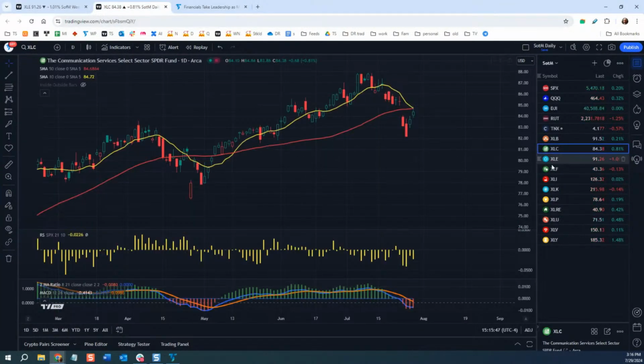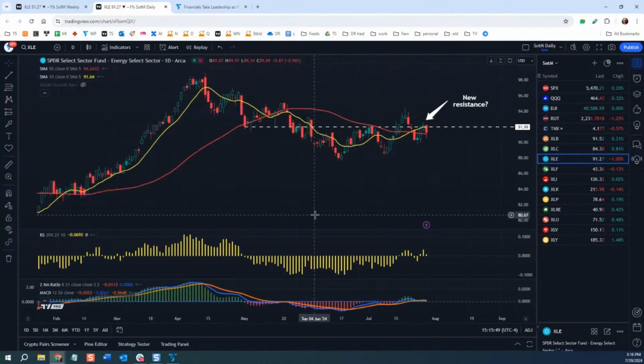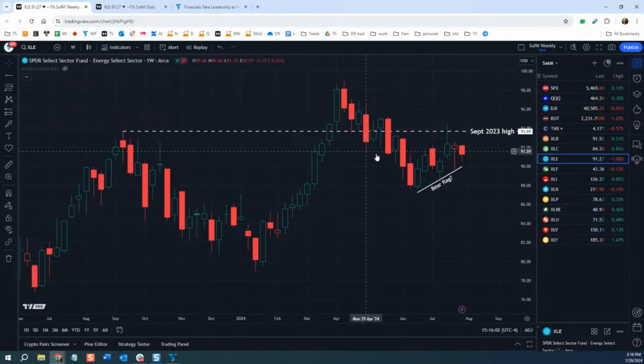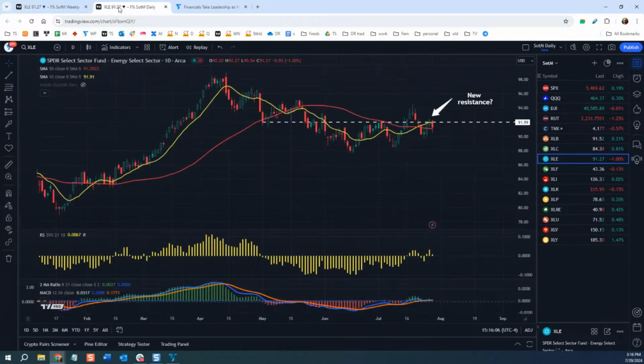If we go over to the daily chart, there are also some things here that might be tricky. If you look back at this level from May, what's interesting is early May, right around 92. Does this become resistance? Does this level, 92, become a new weekly high? That might be something to be aware of. Weekly high, lower weekly high. That would potentially be the first part of a bearish flag.